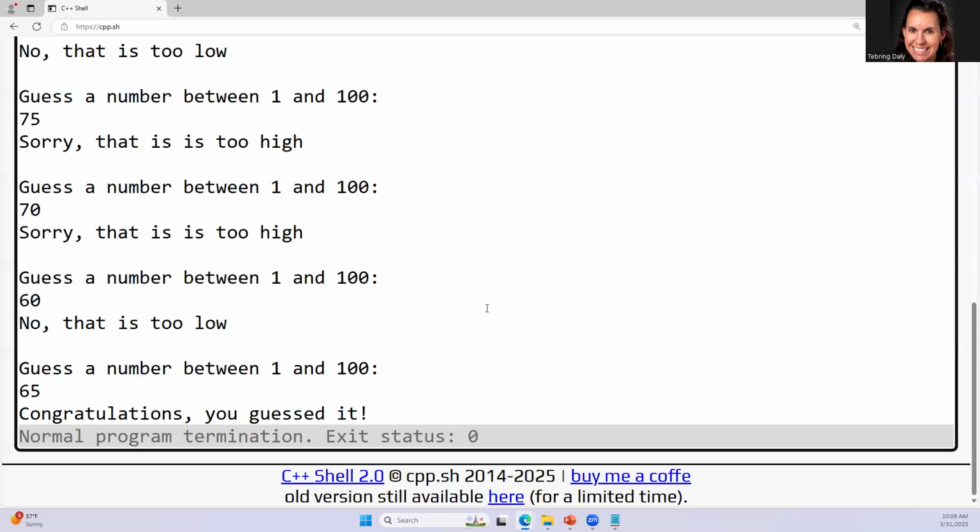Because I'm not really eliminating much of it unless I just happen to guess the right number. But one thing you might want to do is have a for loop that only goes 5 times and say you only get 5 guesses. And then what you would do inside the for loop is you would say if the guess equals the right number, break out. And it would break out of it instead of just going as long as you don't get it right. So if we wanted to rewrite it that way, we would